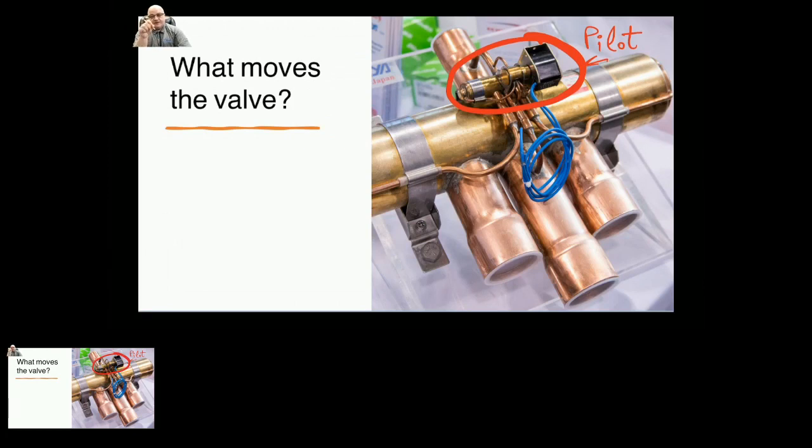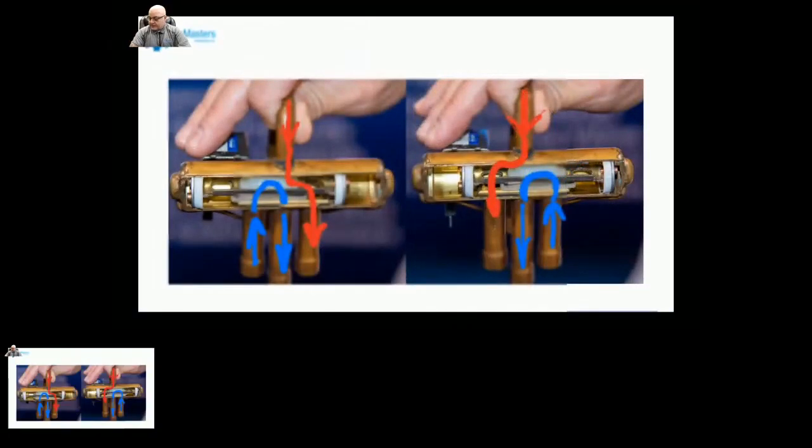The solenoid valve receives whatever the control signal is, say 24 volts AC. These wires are the control signal wires coming from the control board. And that armature, the very tiny, very small armature here, moves, and it directs the pressures of the system. And if we go back to look at what's happening in our valves here, what you're going to